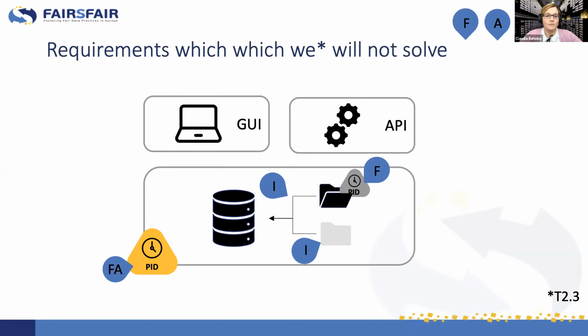Then there were quite some requirements on persistent identifiers, and there were two nice ones that I liked. A persistent identifier should definitely be assigned to each object or each part of the digital object, but also only one should be assigned, so that we don't have 5 different types of identifiers registered for the same object, but really make sure that you can identify the object with one persistent identifier.